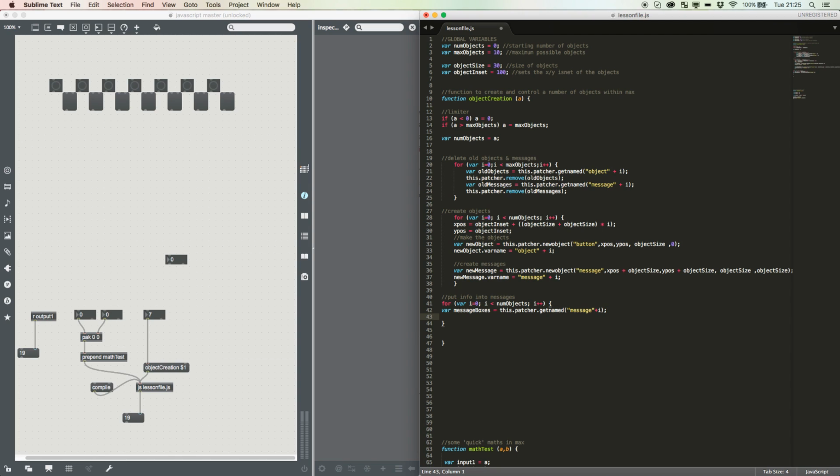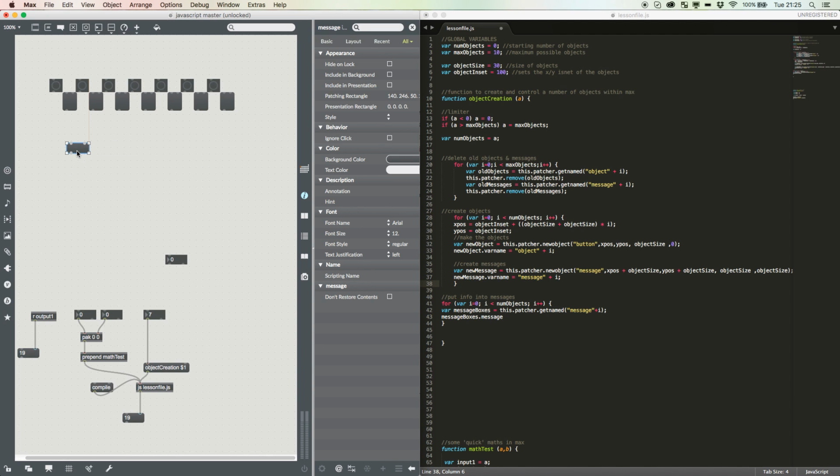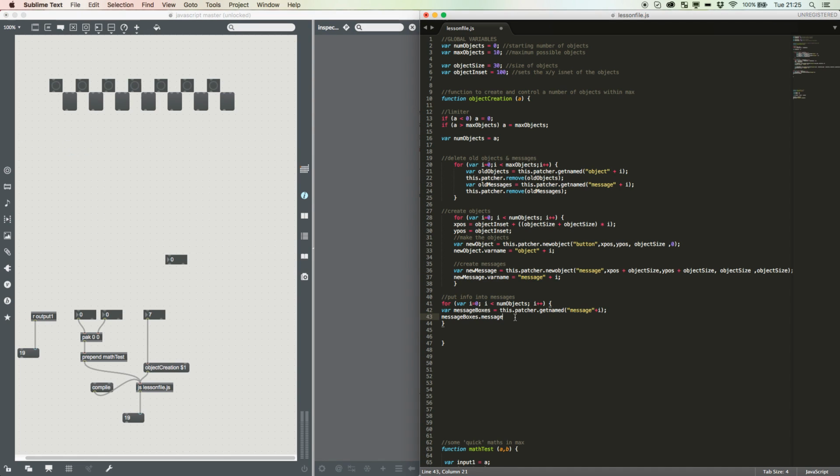and then this time, instead of deleting them, I'm going to send it a message. So what this is going to do is it's going to look for patcher objects called message plus I, so message 0, 2, 3, 4, 5, 6, and then it's going to give it a message, as if I was passing it a message, and all I want that message to say is set, which is the command to set a message to something,